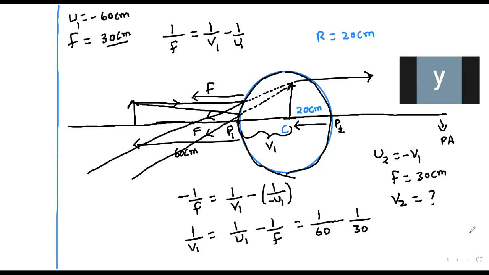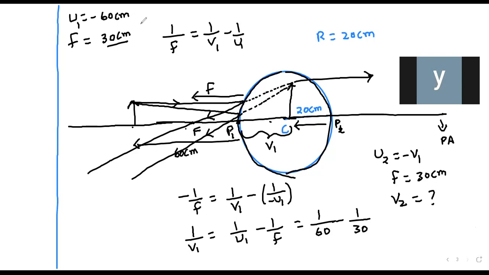Practice these kinds of problems more. Either in JEE Mains or Advanced, they ask this type of question. Simple logic, I'll tell the simple logic. See, firstly we have a sphere. Identify the pole and center of curvature. From the pole, the object is placed at some distance. They will give U and F, or image distance and focal length.